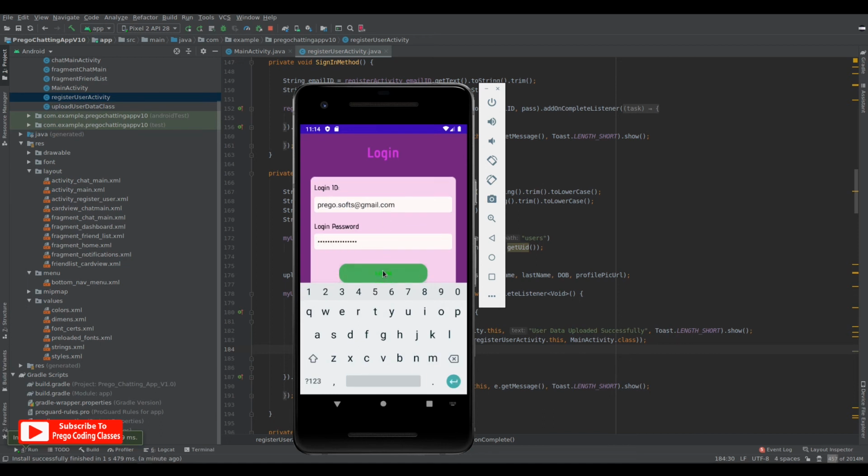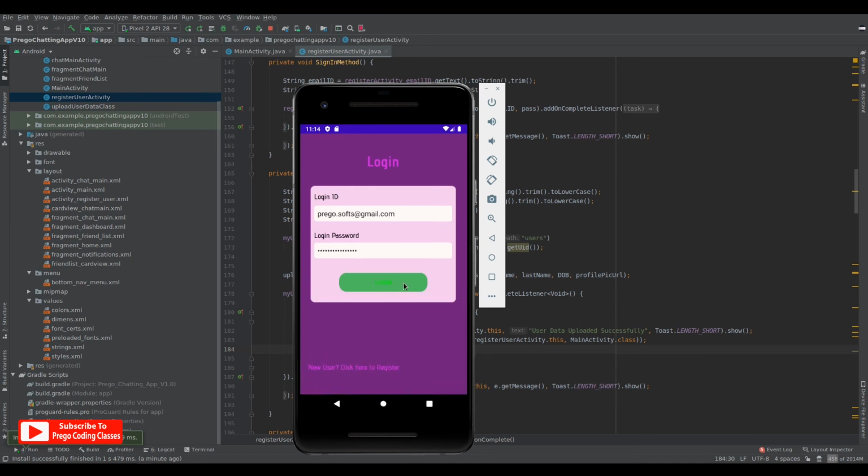So let's hit login, and it would show an error message, most probably, if we are not into any sort of errors. So I think the click has not worked. Let's click it again. There is no user record corresponding to this. So we need to register this.